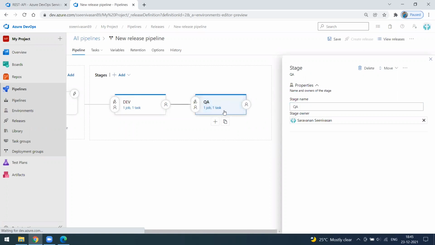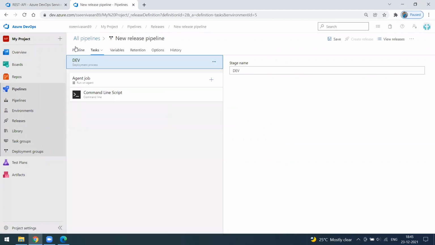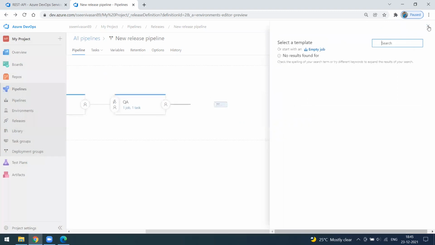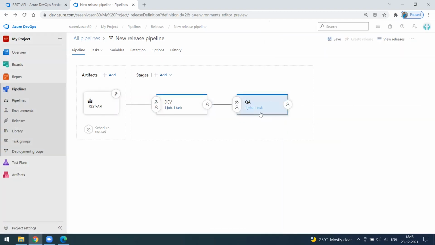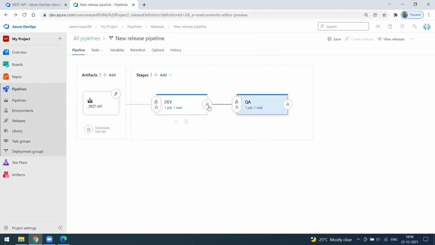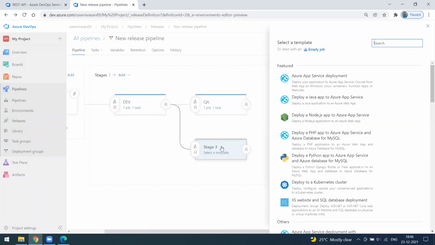So similarly, before creating this, we have created a job, right? So the same job will be applied in the QA environment as well. So similarly, you can simply click on the parallel also. So for parallel, just click on add new stage. So here you can do that. From here, select this one or select this one. We will add the new stage here. Yeah. So this is a parallel environment. So for example, if you have two environments, QA1 and QA2, you can use it.